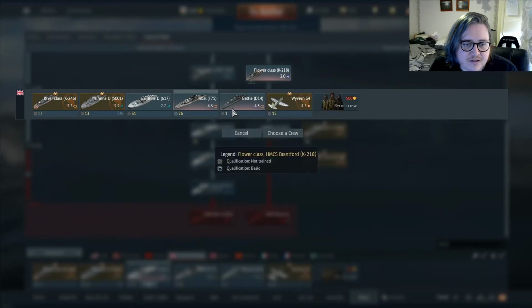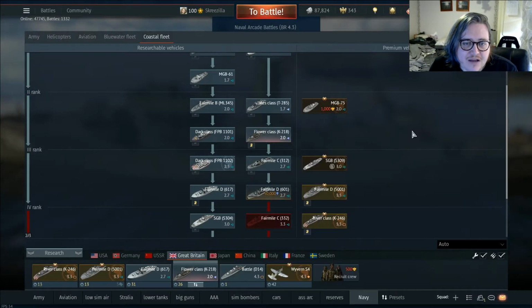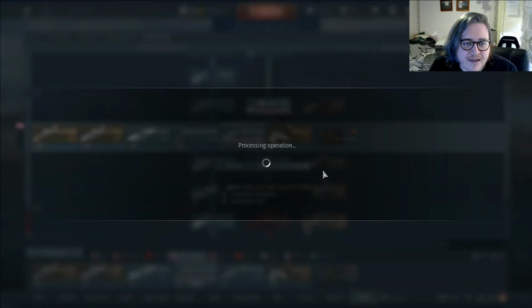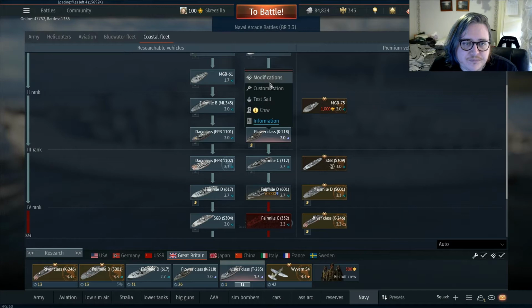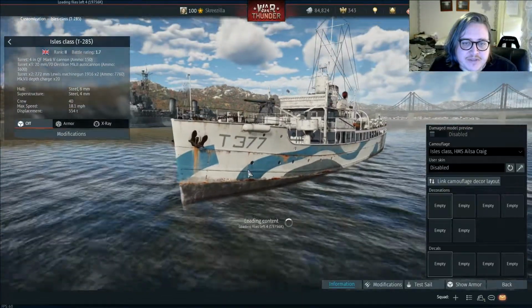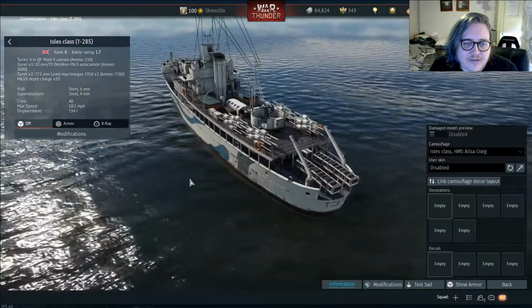Flowers class. Flowers class is what we want. We want a Flowers class in there. Flowers class, of course, a famous, and also the Isle class, actually. Yeah, we'll put that Isle class there. Because famous boats, of course, extremely important ships, actually, for the convoys. Of course, former whaling ships, the Isle and Flowers class Corvettes, very good sub-hunters,